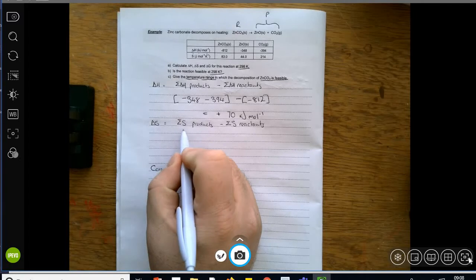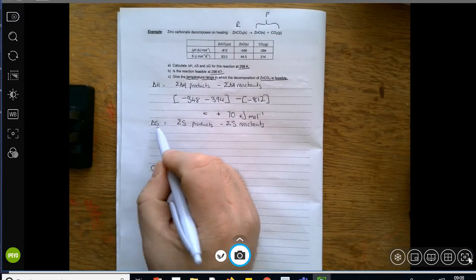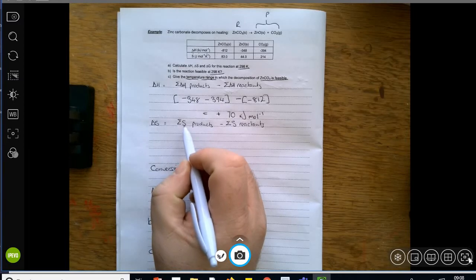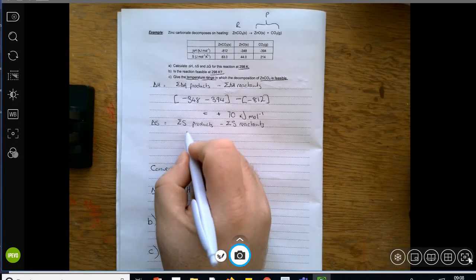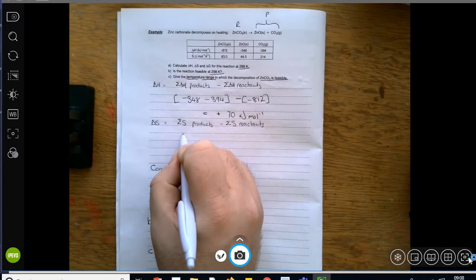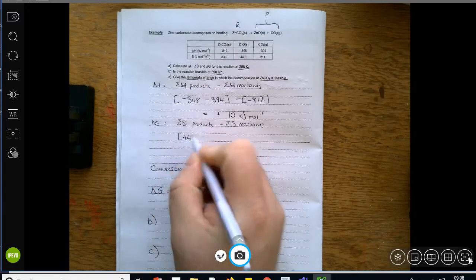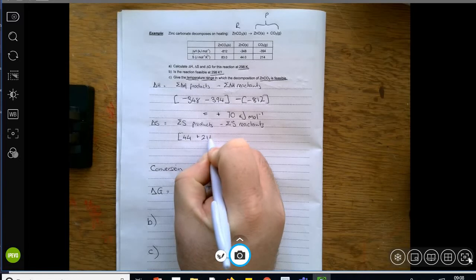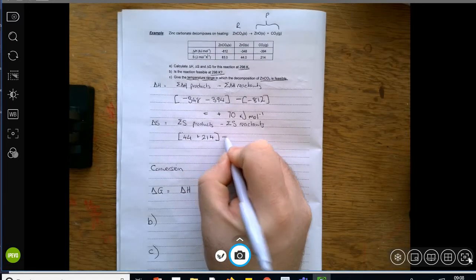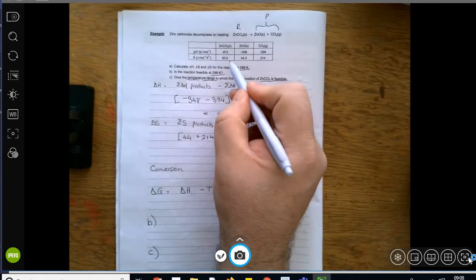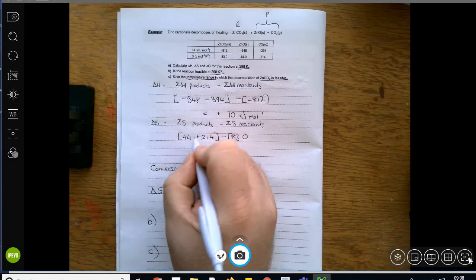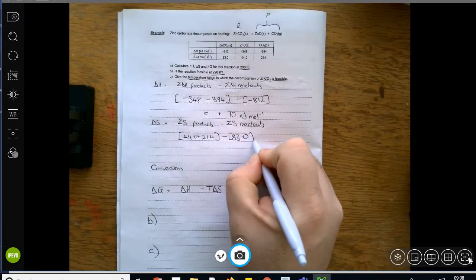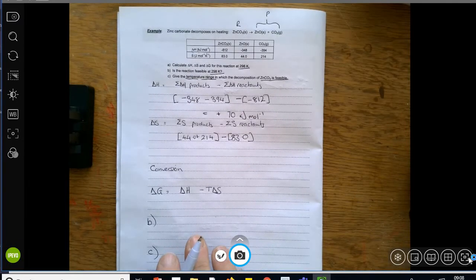Right, this one. Same equation. Delta S is the sum of the entropies of the products minus the sum of the entropy of the reactants. So for the products we've got square brackets 44 plus 214, and we're subtracting from that 83.0. I should put the decimal points in here because we're keeping the consistency of the number of significant figures. So we've got that value, we stick the values in,